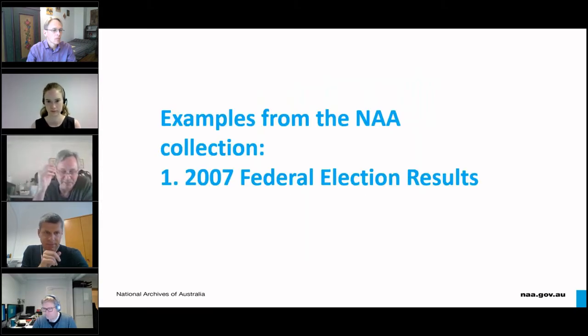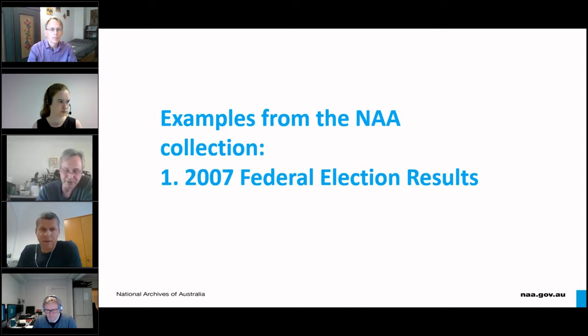I think it's true to say that we learn the most as archivists from problematic and poor practice. And I think perhaps this first example is one of those examples of potentially poor practice. It's the data from the 2007 federal election results. And it's also a good one to show because the data itself is public, it's in the public domain, and it's available from the Australian Data Archive,